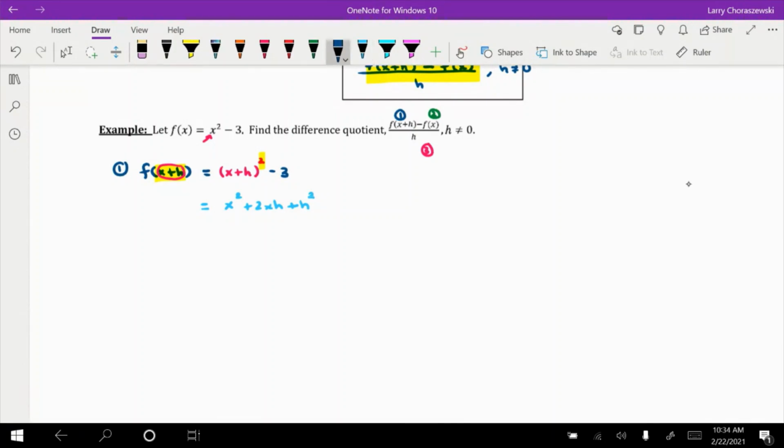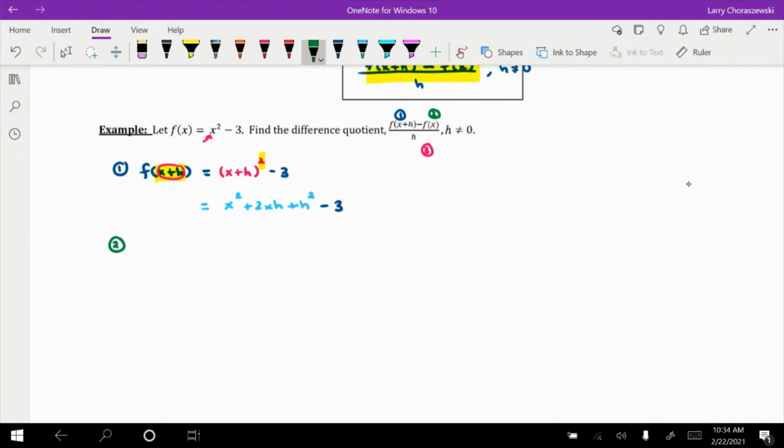Now, don't forget that there's this minus 3 that's lingering on the tail end of this, so we'll have to include that in the expression x squared plus 2xh plus h squared. And you'll notice nothing combines, so this is about as far as we could go with f of x plus h,